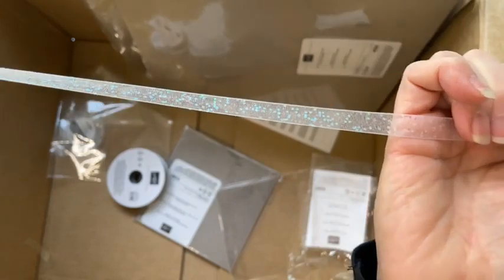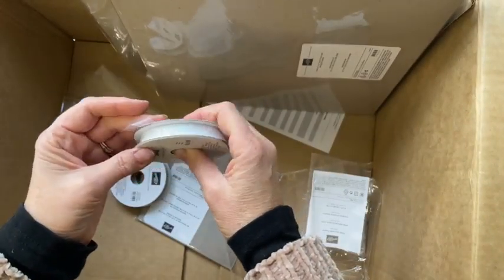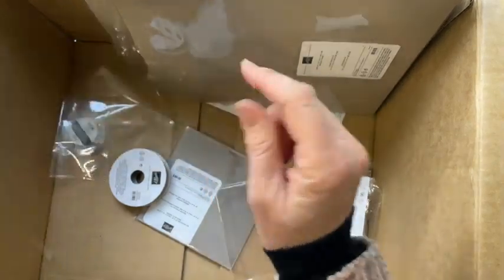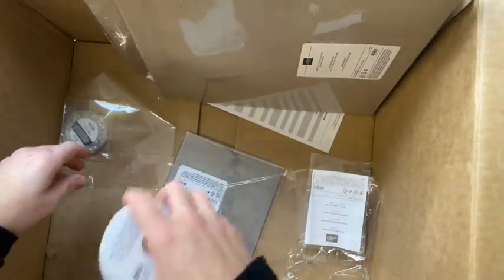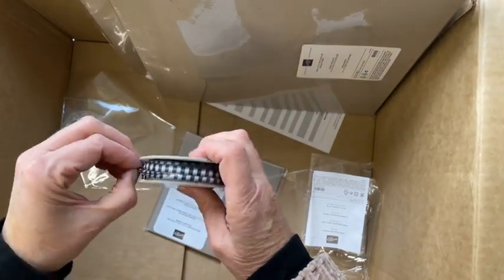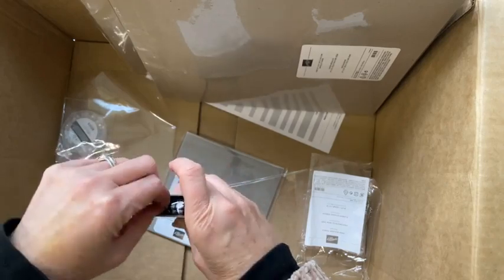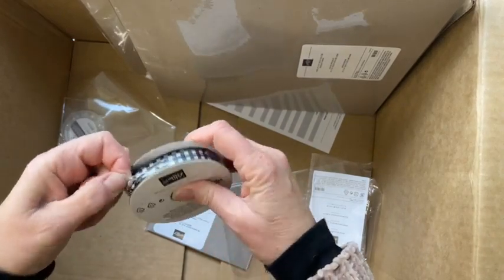Really, really pretty. And this will go really, really beautifully with lots and lots of things. I have some plans for that too. I think it's going to show up on the one with the wise men. Maybe. We'll see. Now this is actually from the Halloween page, and it was the only thing I've gotten so far from the Halloween page,